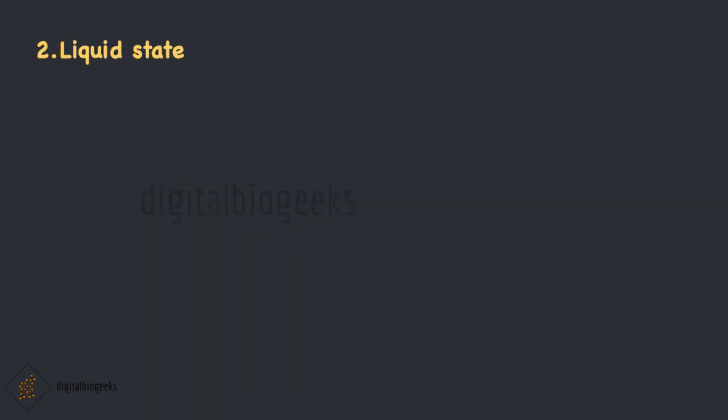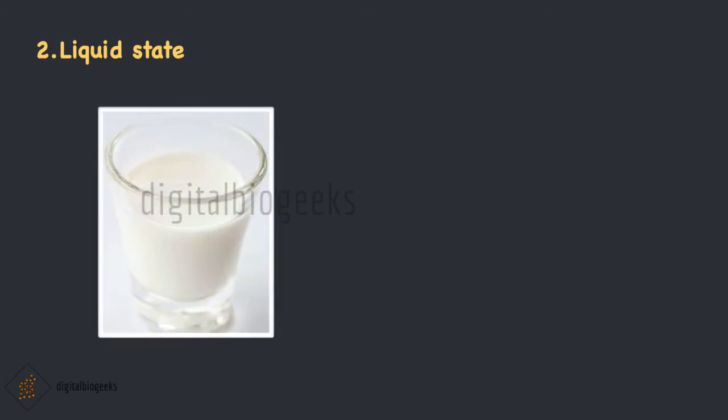Examples of liquids are water, oil, milk, etc. When we keep them in a container, they will take up the shape of that container. Imagine this is liquid and here the particles will be far away, not so close to each other, but still they are held together by a force. They are not rigid and can change their shape